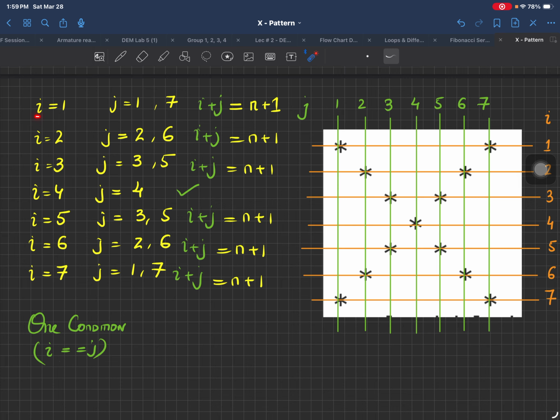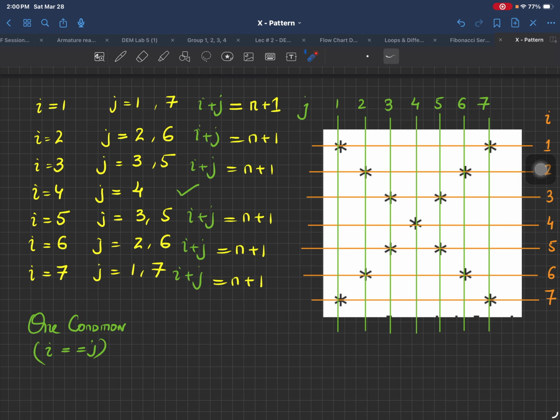Yes, because what is i? i is equal to 1. What is j? j is equal to 2. 1 plus 2, 3. And this is 8. So this is not true. So this will not be printed. Again, let's see for 1 plus 4, 5, not equal to 8. Sorry, this is also not equal to. So this will be only printed when this condition is true for i equal to 1, i equal to 2,